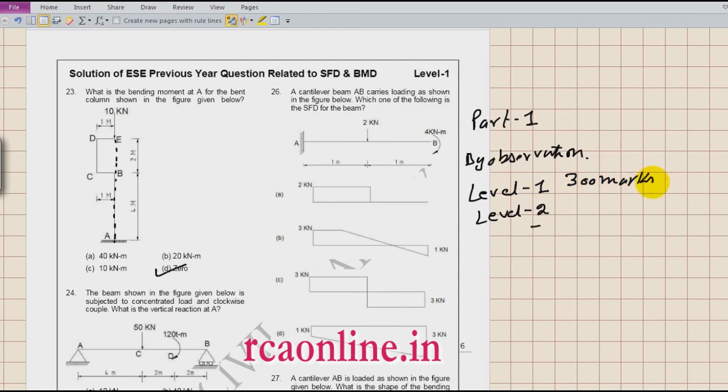I don't know what the distribution will be, but 300 marks for the civil engineering paper, in 2017 onwards. So time will become a very important factor, and your speed and observation will be very important. So please find out level 1 and level 2, do accordingly, and enjoy civil